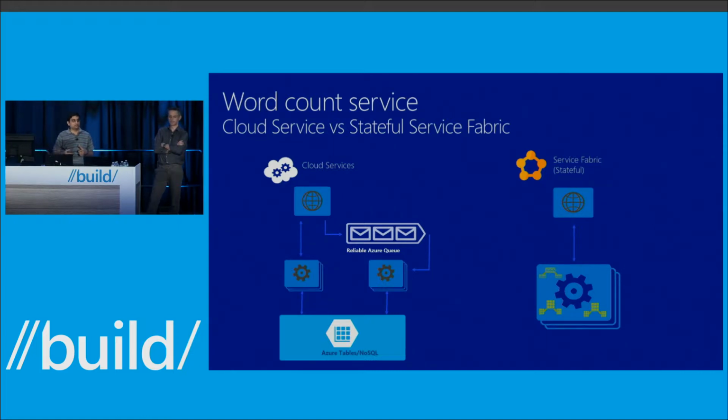And then I have to store the dictionary of the counts that I'm doing for the words into the Azure table or some other NoSQL table, right? So this is what it would look like. So whatever is on this side, this is what it would look like in the current architecture, not with